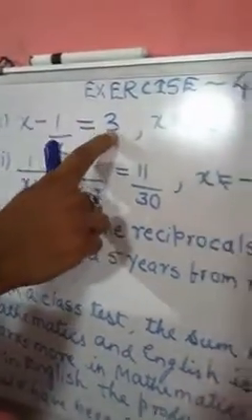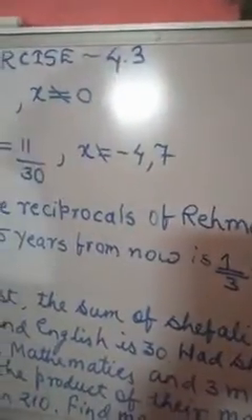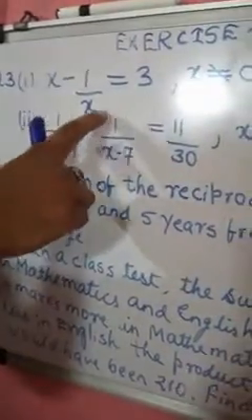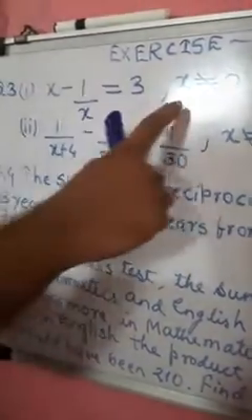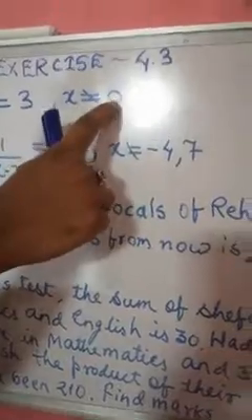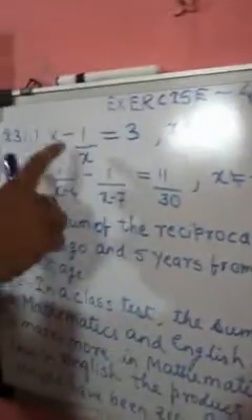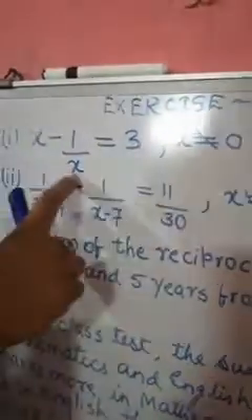So today we are going to study exercise 4.3 question number 3, where we have to make the quadratic equation, then we have to solve that quadratic equation either using the factorization method or the quadratic formula. You can see this is question number 3: x minus 1 upon x is equal to 3, where x is not equal to 0. It means the x value is not going to be 0. In this part it mentions that when we solve this question, we will never get x equal to 0.